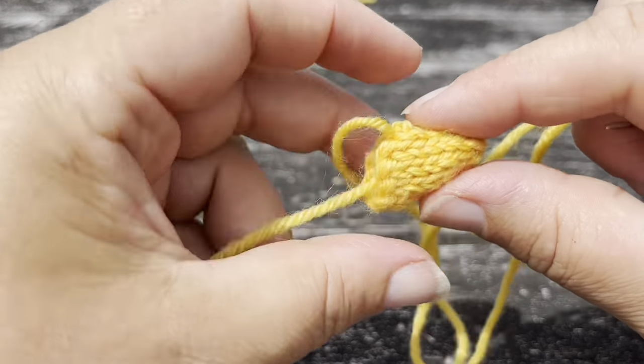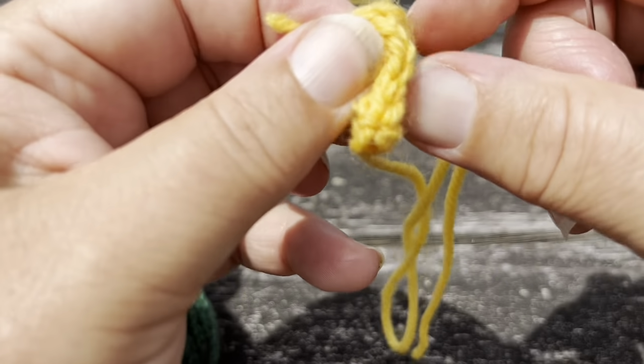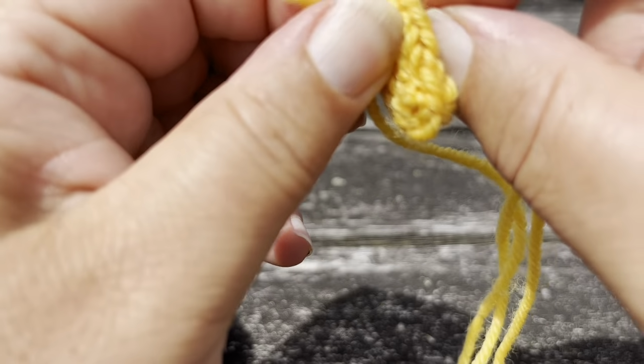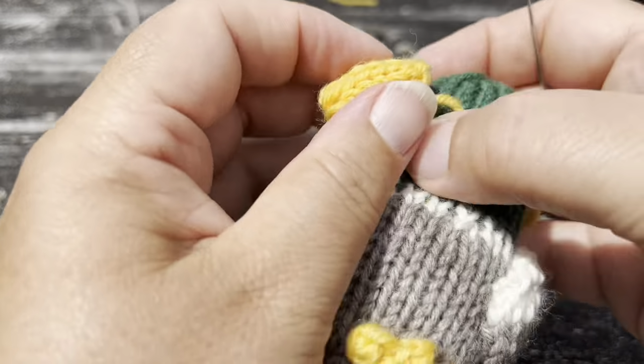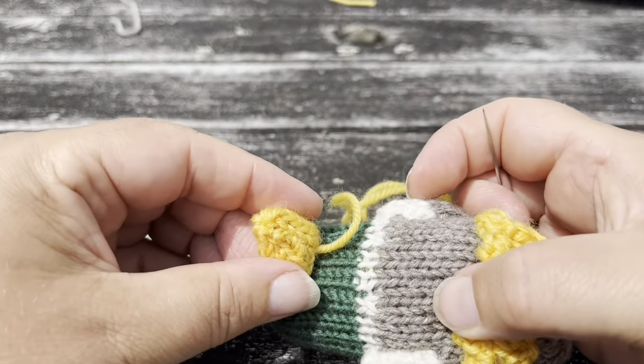So just as we did before, we're going to wrap this around our finger. I often like using the back end of a crochet hook for this bit, but I don't have one currently on me. But we're just going to shove it in the hole. So there's our beak stuffed with some yellow yarn tail, just like that. Now we're just going to come along to his face. Now we're going to start underneath. If I pop him there, you just feel a little bit mean when you suddenly stab him in the face with a pointy needle, but if you leave the beak till last,